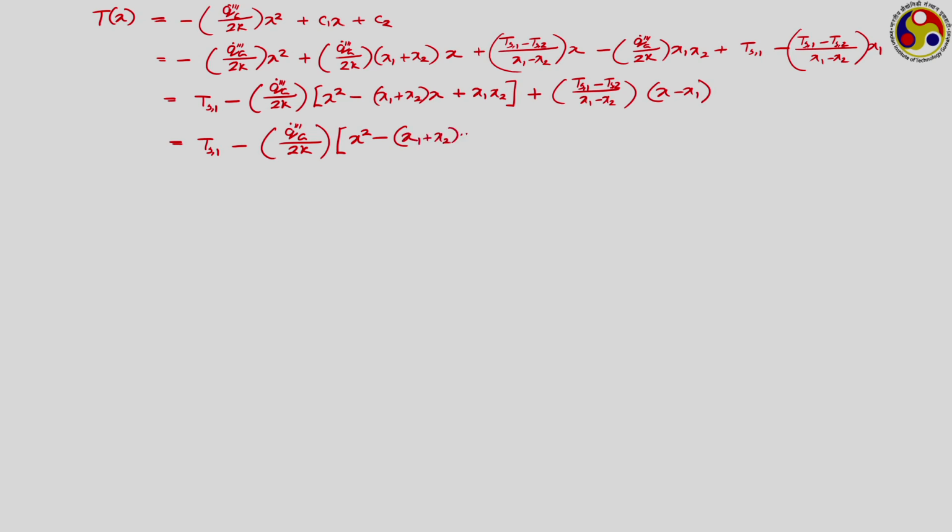x1 plus x2 into x plus x1 x2, and the last term we are rearranging as (Ts1 minus Ts2) into (x minus x1) upon (x1 minus x2). So, this is a generalized equation that we have developed for a simple one dimensional heat conduction scenario through a